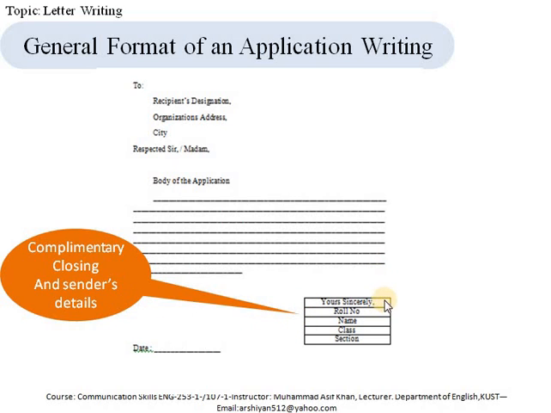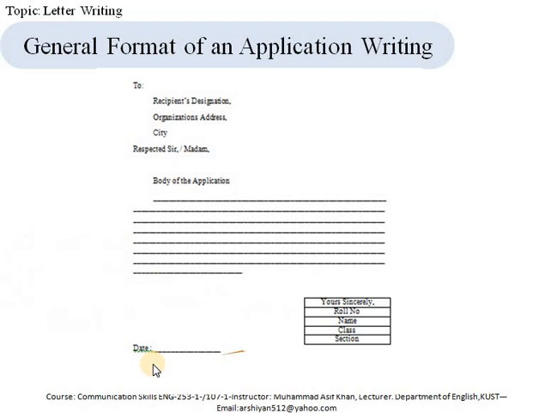And here it is different from the letter, because in letters we see that the writer of the letter is providing his necessary details in the top right corner in the very beginning of the letter. But here he is putting all these details after the complimentary closing, and the application ends with the date, because date is very necessary, and it is the proof that you have contacted that person to whom you are writing that application, so that he can take action on that application within the due time.